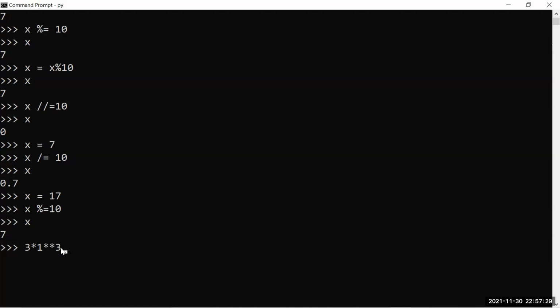Do you think the power operation will be performed first, or the multiplication? Which operation is performed first?